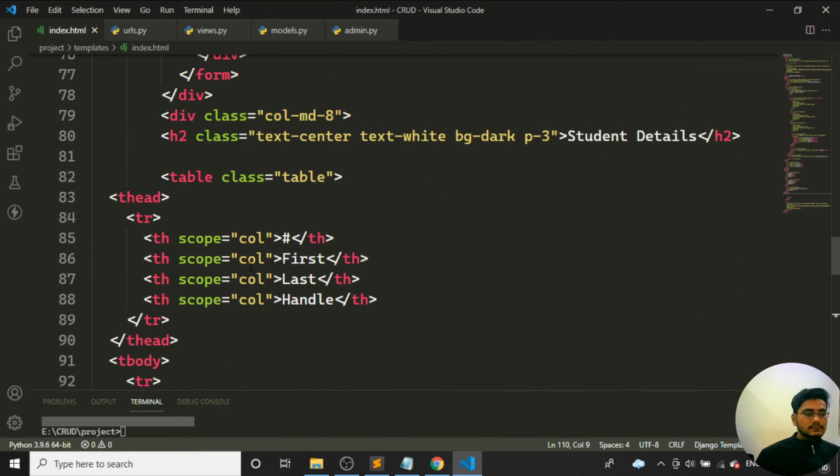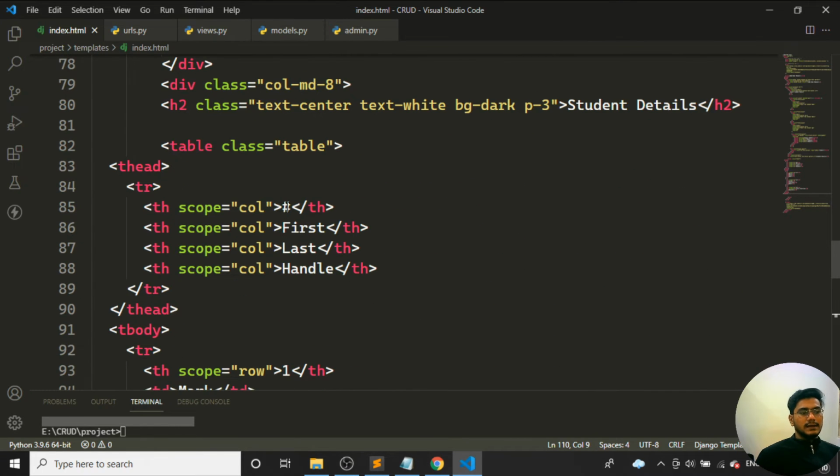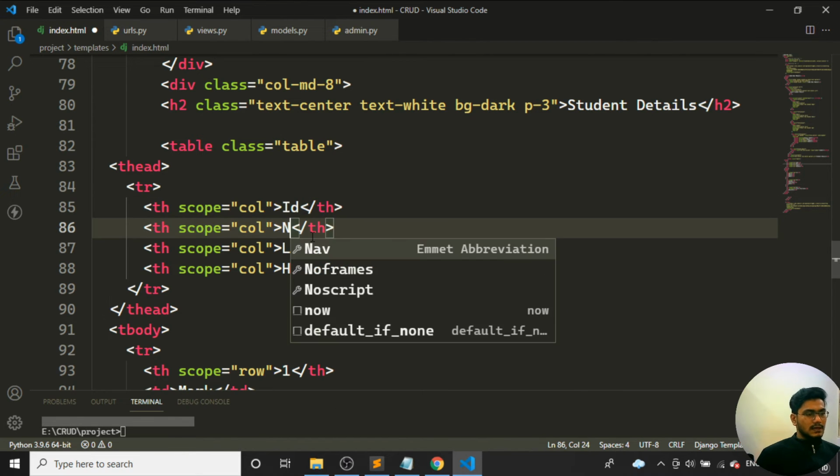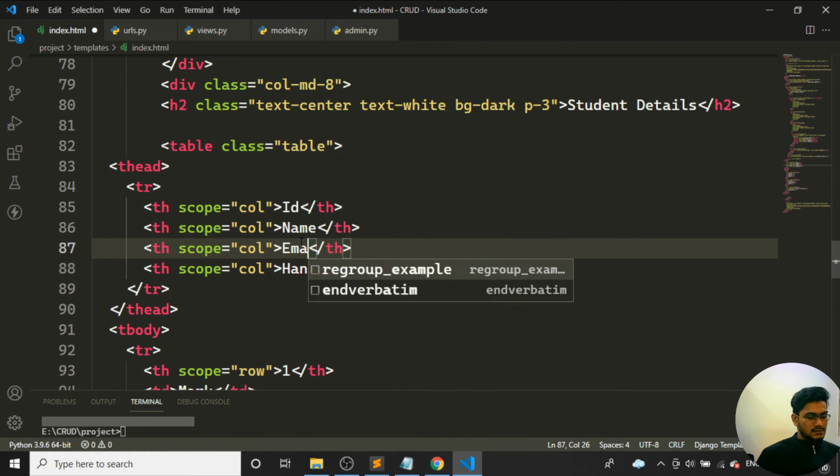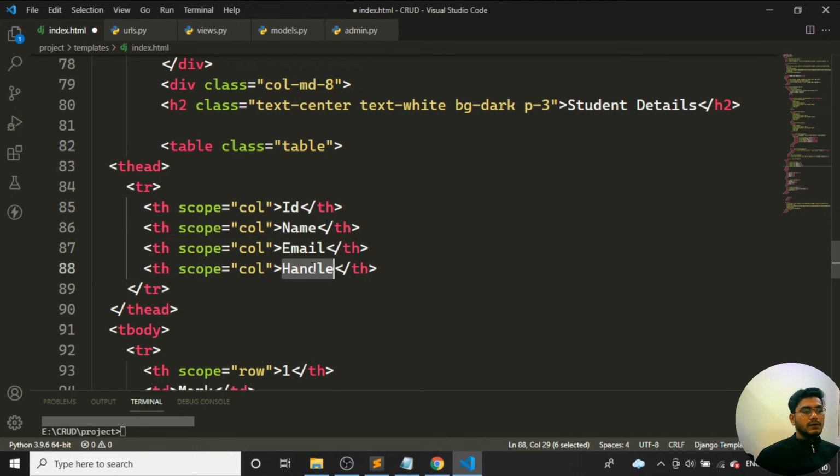So now I need to load here. I need to just focus on how to display it. I'll just mention the ID here. What was the name? Here it was a name. Here I want to display the email address of the person. Here I need to display the age of the person,